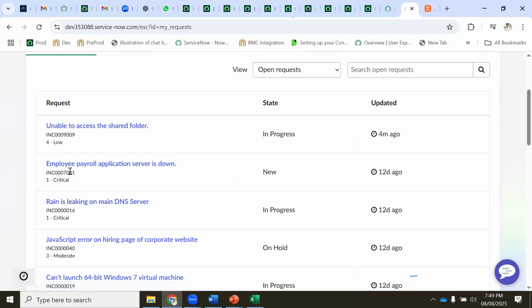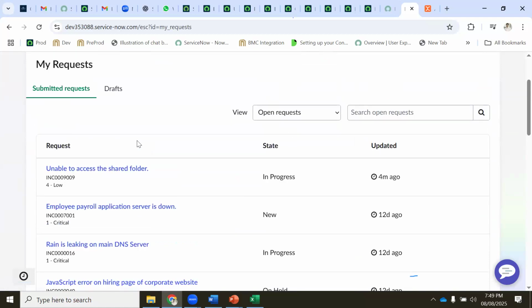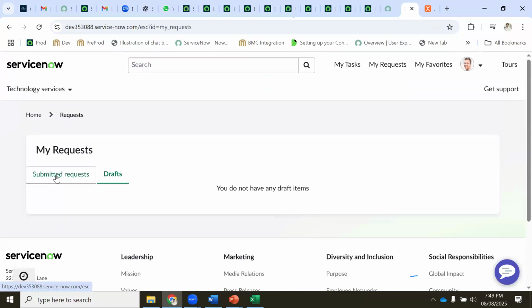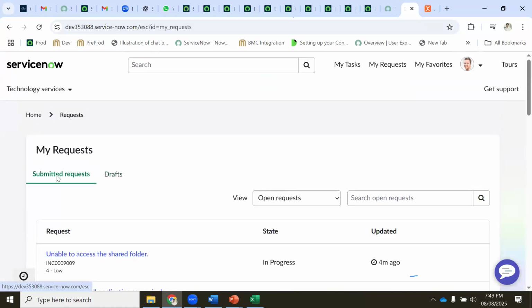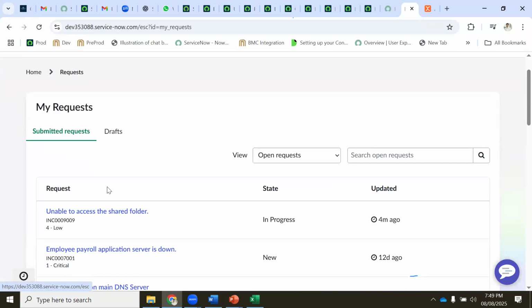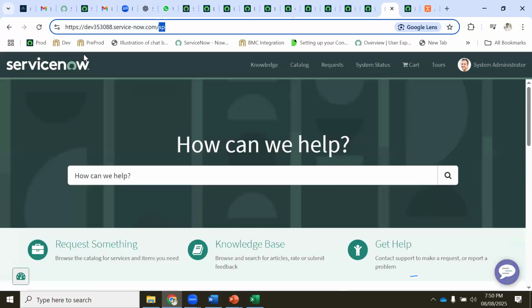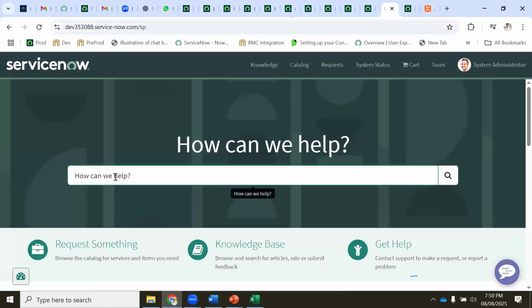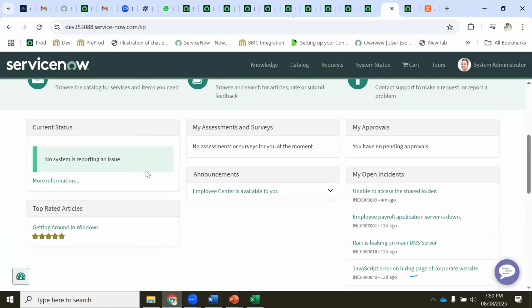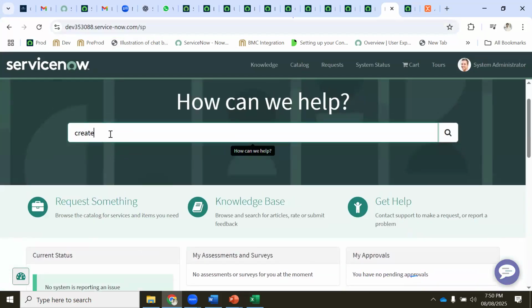So these are the incidents, correct? I have created 6 or 7 incidents. In a similar way you can draft also, you can just create a ticket and wait to submit. All those options are here. So this is the service portal, this is the employee portal, where you can go ahead and create it. Suppose I want to create an incident right here. So let's create an incident.